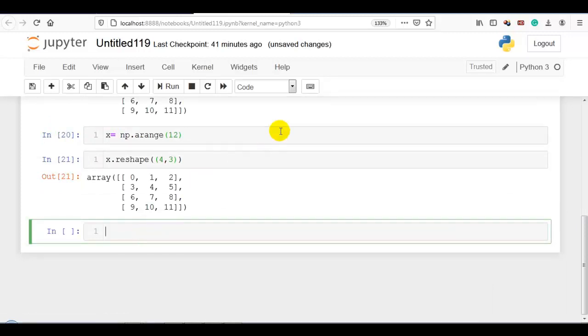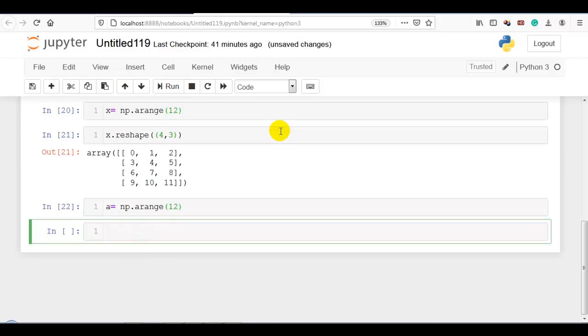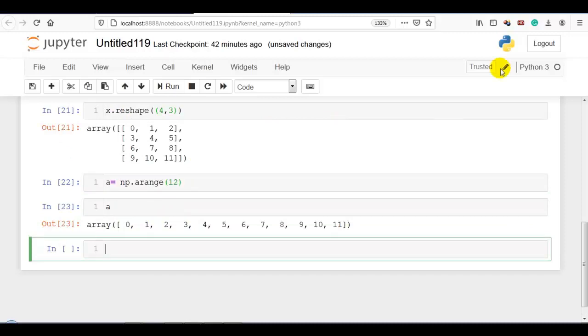Up to now we have been using np.arange first to create a 1D array, then performing the reshaping on it, like x is equal to np.reshape passing array and new shape.